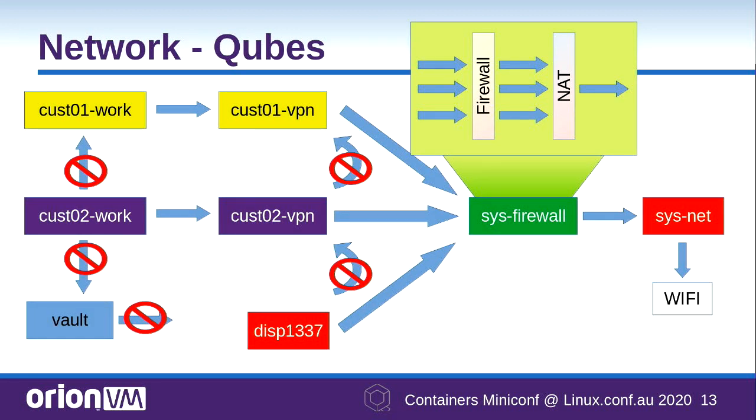All right, so now let's move on to networking. Generally, the way that cubes are set up is a cube can either consume networking or provide networking. And it can also do both. So in this particular example, sysnet will provide networking to sysfirewall, which will then provide networking to the rest on the right over there. Then you might notice at the bottom left-hand corner is our vault VM. It neither provides nor consumes networking, so it's essentially isolated from the network.